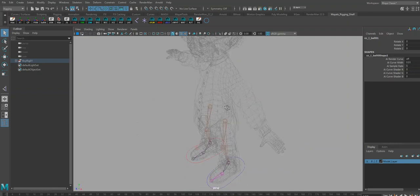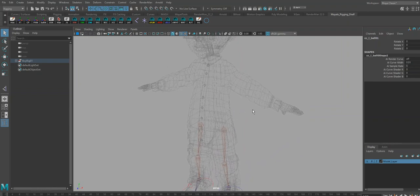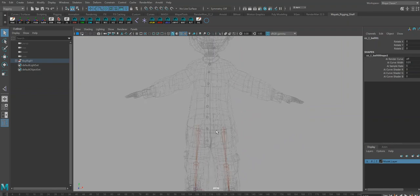So we are going to make a very simple spine rig, and we're just going to use an FK control system to do that. Remember how I described previously that FK stands for forward kinematics. All right, we're going to start by making a joint that is going to be basically even with the tops